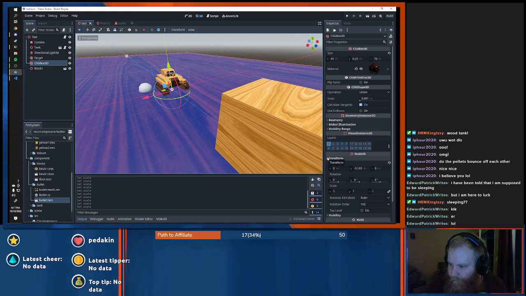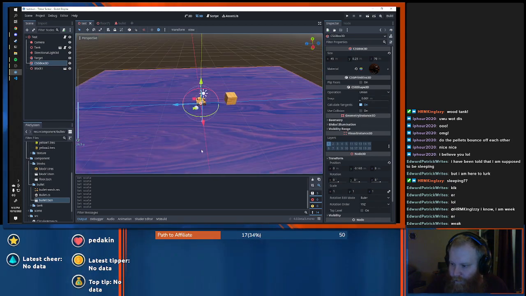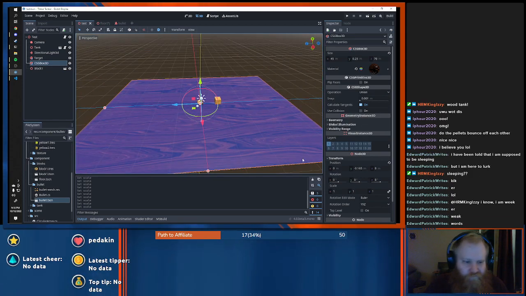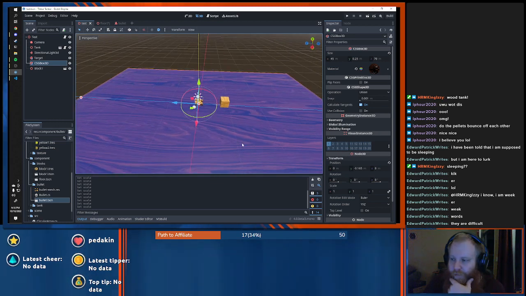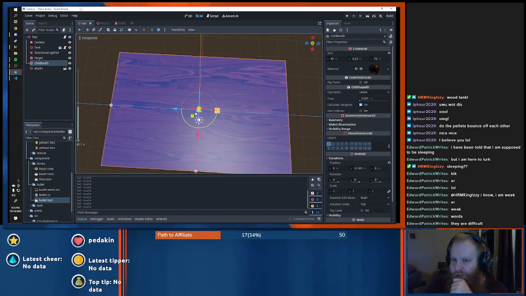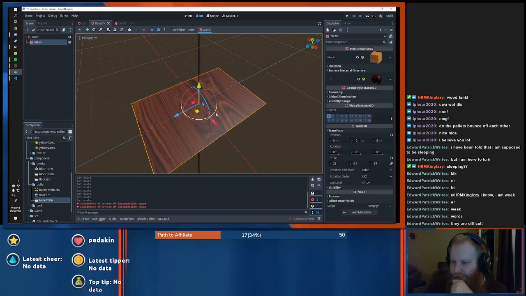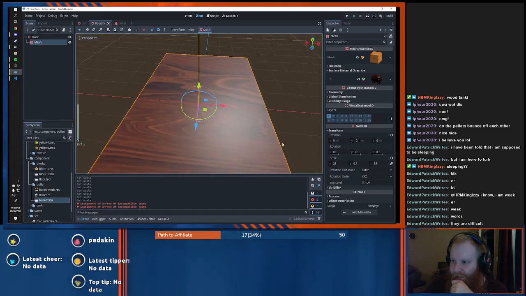Transform. Oh, that's not the... That is right. Why is that all funny? Okay. Why is the transform... Oh, it's the size. Yeah, the X is 45 and the Z is 70. Why is that weird on this side? X is 45. Z is 70. It's not rotated. Why are X and Z different here?